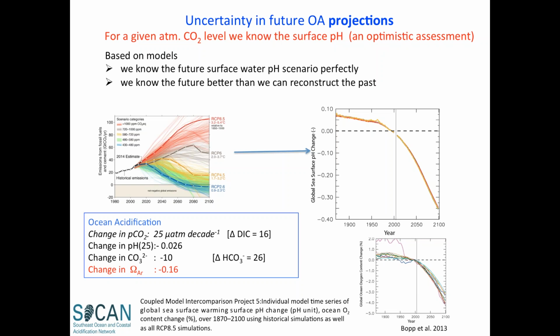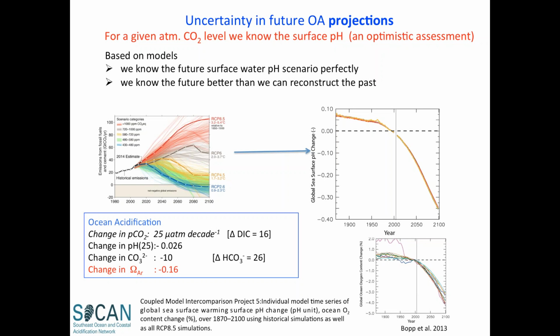For the pH, we don't see nearly as much change. But nonetheless, being somewhat of a cynic about models being a perfect predictor of the future, if you look at these models, both for oxygen and also for pH, we know we can construct the future better than we can reconstruct the past, and I think that's a clear fallacy. So I think we want to take this somewhat with a grain of salt, but